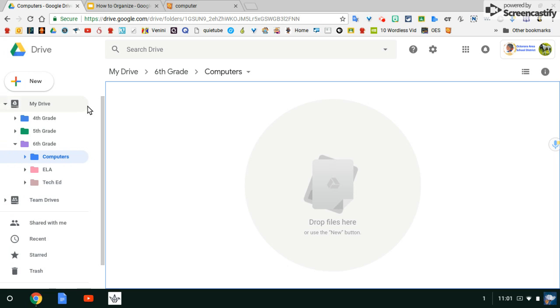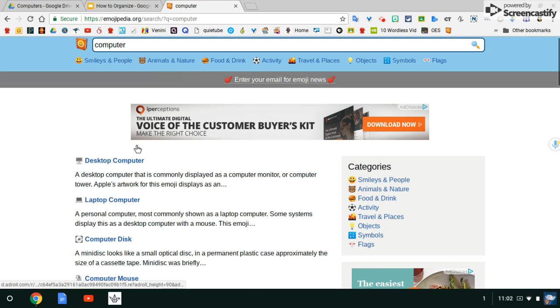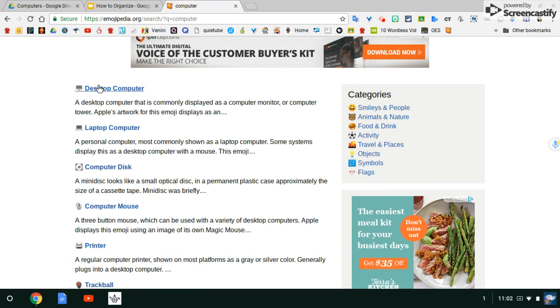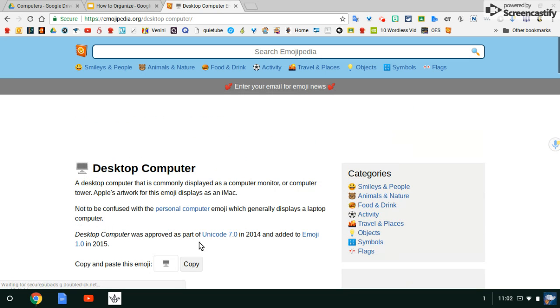Okay, now that Abby has 4th grade, 5th grade, 6th grade folders and some subject folders in 6th grade, I'm going to show you a fun little bonus that I just found out. We can not only just add colors to our folders, but we can also add fun little emojis. So I'm going to find a computer emoji to add to her computer folder. I've opened up the app already, and it is called Emojipedia, and there's a search bar. So I typed in computer, and I have some choices here as to what emoji she would like to use. So I'll put this desktop computer. Just click on it, click on copy,